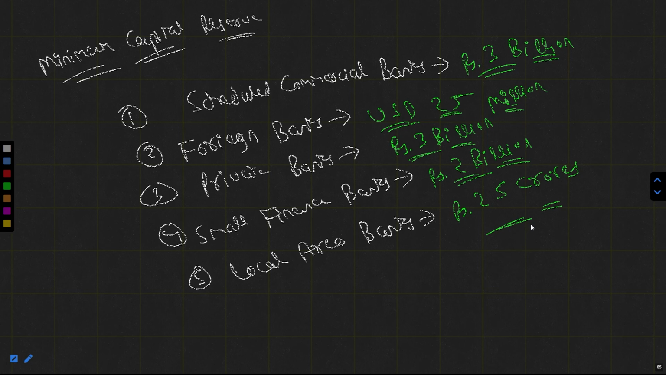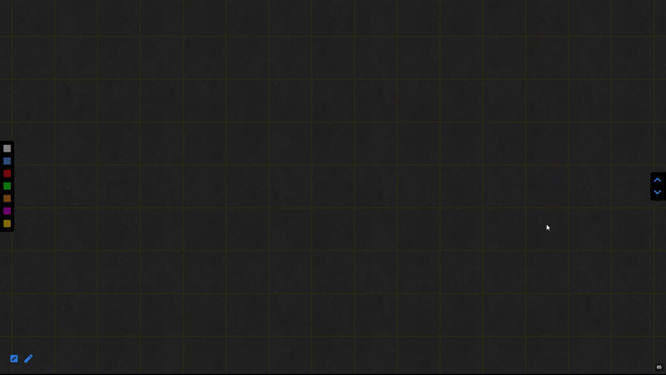Okay, so this is the minimum capital reserve required for scheduled commercial bank, rupees 3 billion, foreign banks 25 million US dollars, private banks 3 billion rupees, small finance banks 2 billion rupees, and the local area banks 25 crores. All right, and here are some important points, or you can say these are the points to be noted. All right, so the first point is that